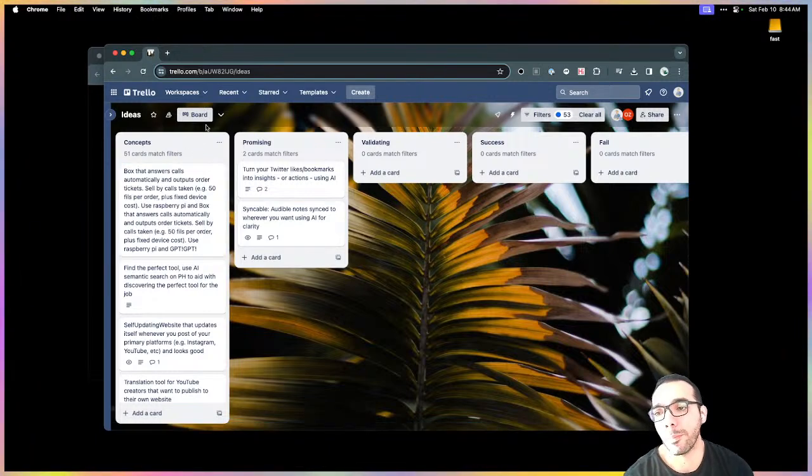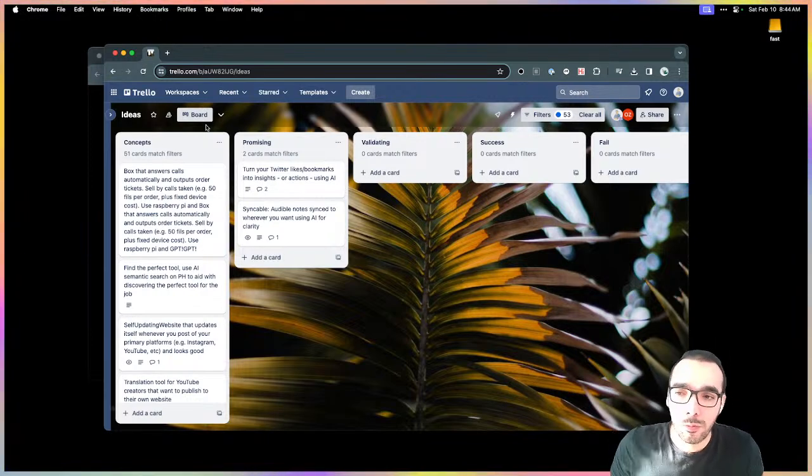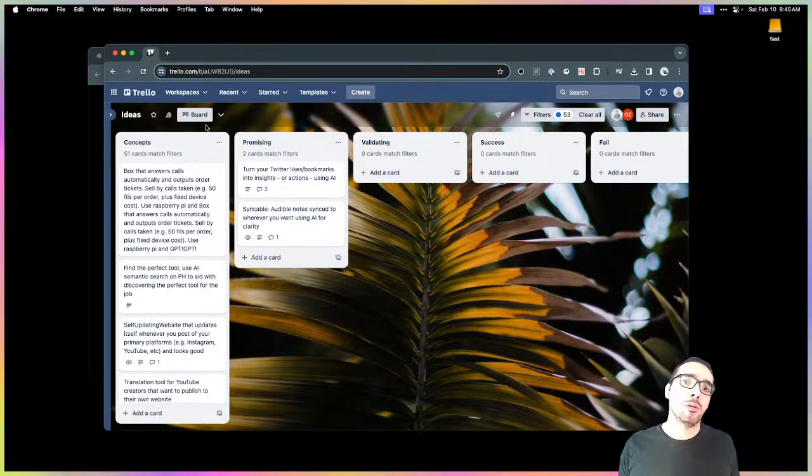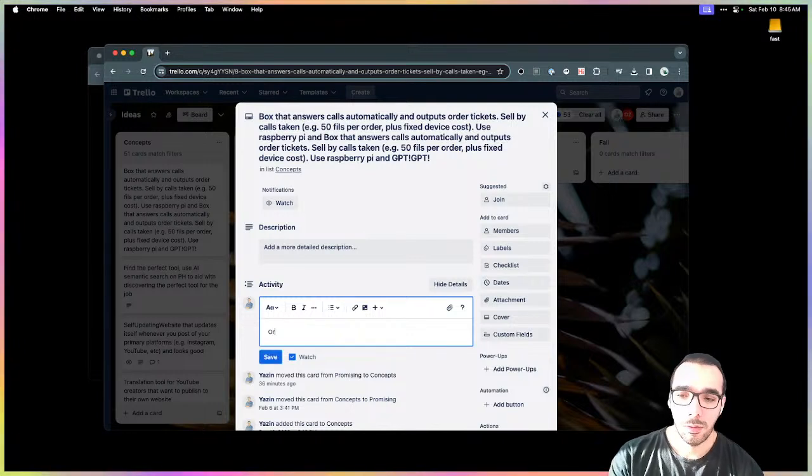A box that answers calls automatically and outputs order tickets. Sell by calls taken. Yeah, this is super interesting. A lot of restaurants here, and I'm sure in other places too, take orders over the phone, and it's super annoying. There are apps that exist, and probably the number of orders you get over the phone is dropping in volume versus ordering apps, right?